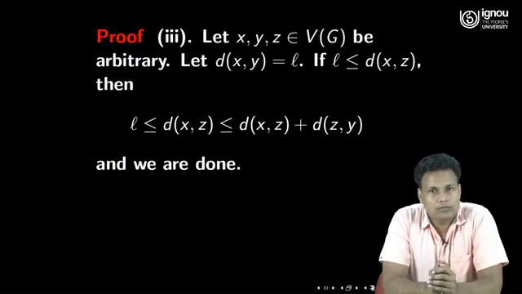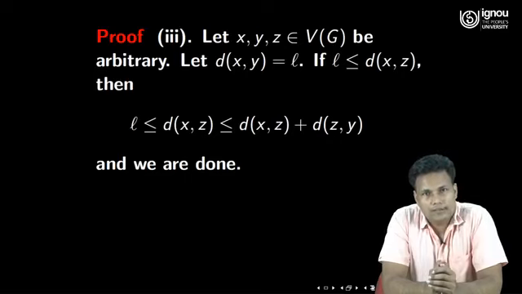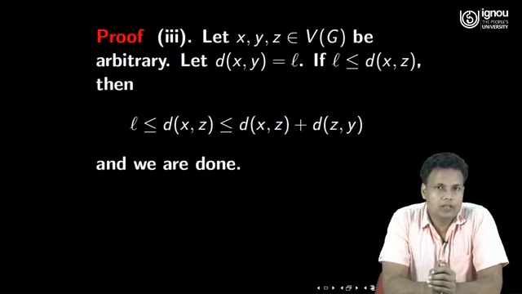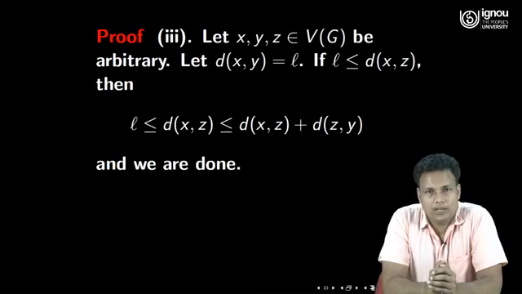L is less than or equal to dxz, which is less than or equal to dxz plus dzy, because from the first property we have seen that the distance dzy is non-negative. So this holds, right, and we are done. So in this case,